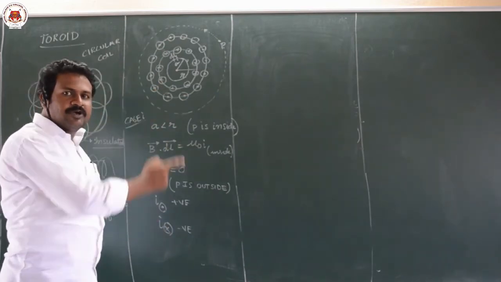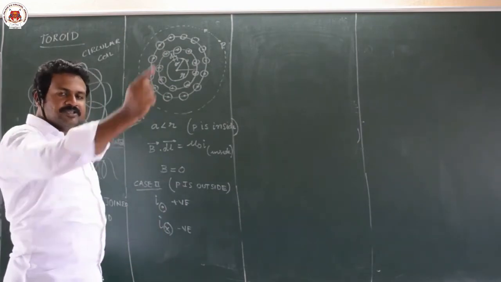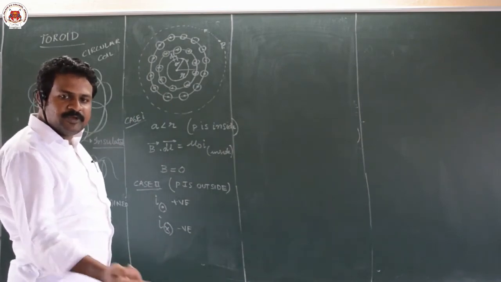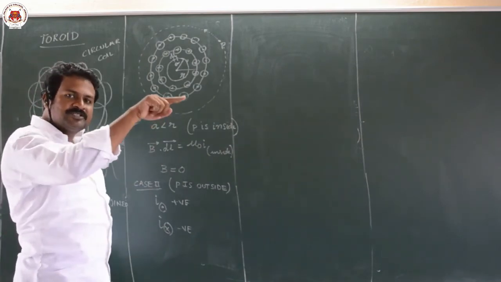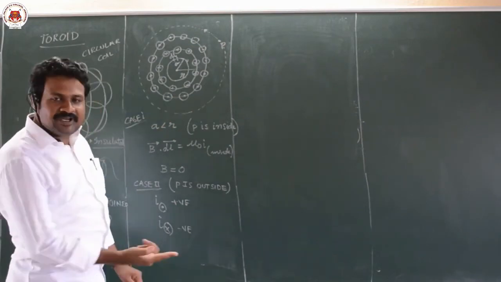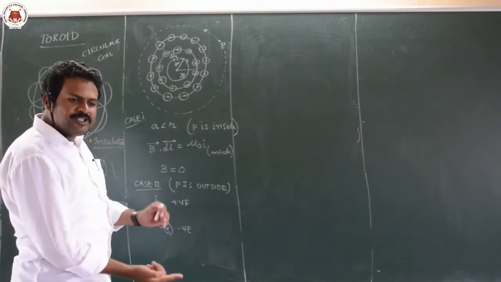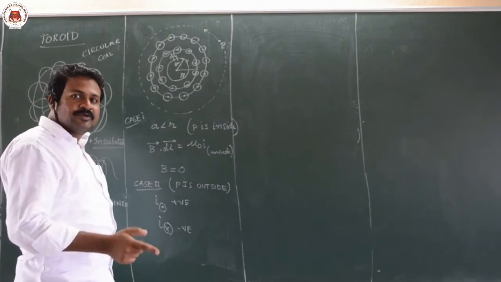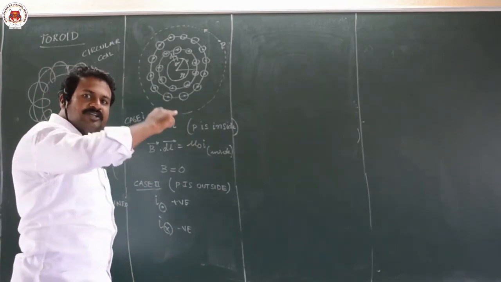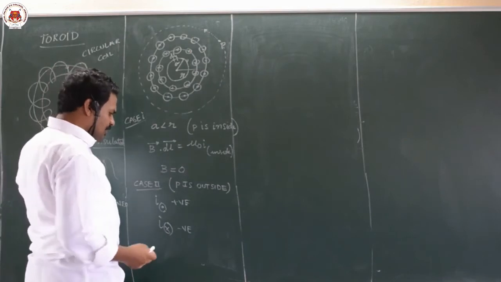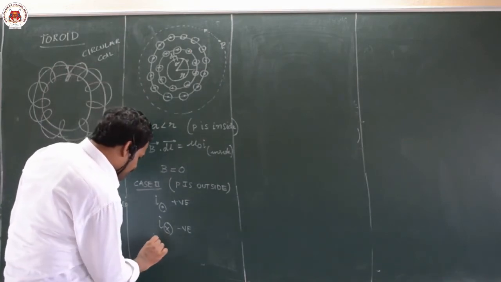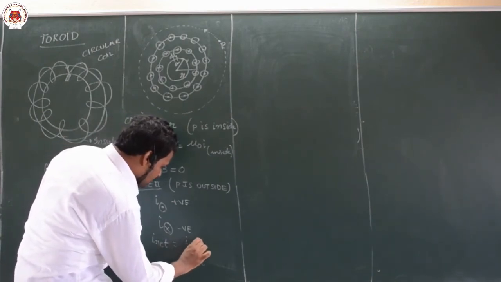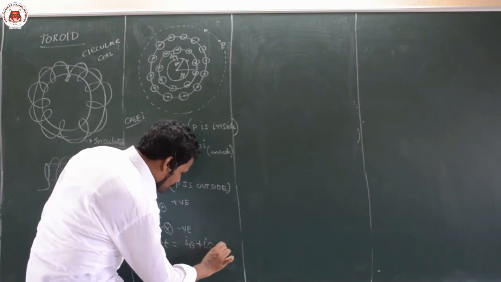So let us assume this is one coil like this. So current at the bottom appears to be coming towards you. At the top, it appears to be going inside, correct or not? Here it is coming out, here it is going inside. These two are equal because the same current I is circulating inside the coil. So net current will be I out plus I into, which is equal to 0.